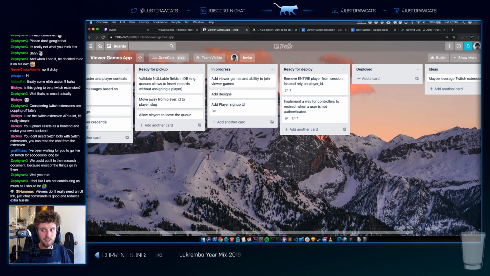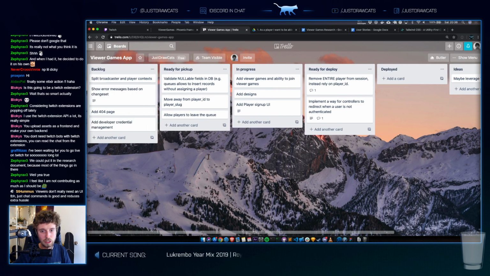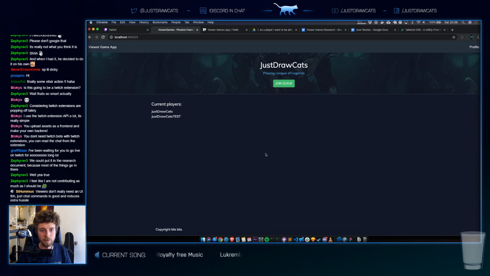So maybe the Twitch extension is good enough to show them how far they are in the queue, when they can play, and they can continue viewing, not interrupted, not removed from the stream. And then in the end there's still a UI for the streamer. That changes a lot of things actually if we focus on that route.